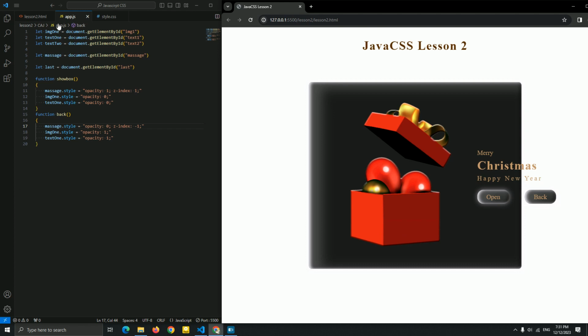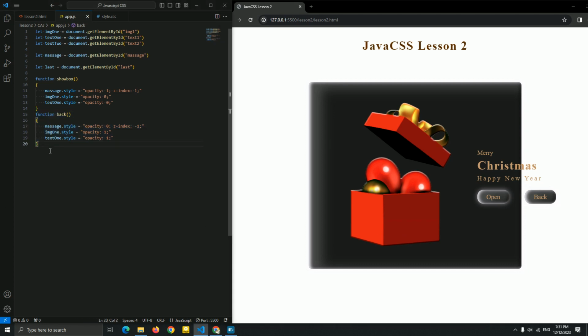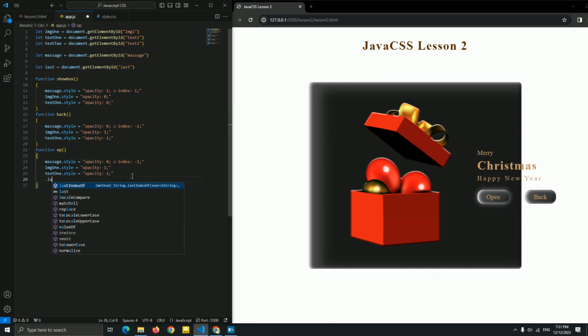Now if the user wants to click on the open option, I want the last message to come up with this image. So let me create it for this open option. For the open option, first I need to remove this text and this link, and add this image with a text of the last. So I'll name it last. Oh, you know what, let me just copy this, paste it, and name it last.